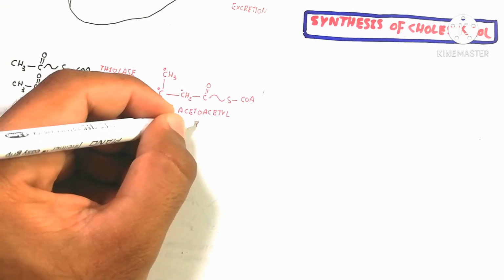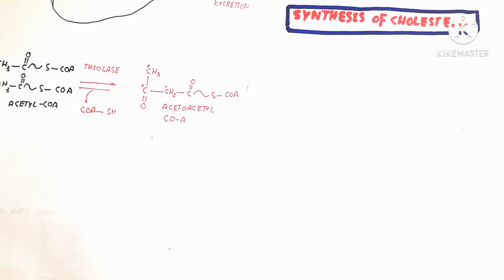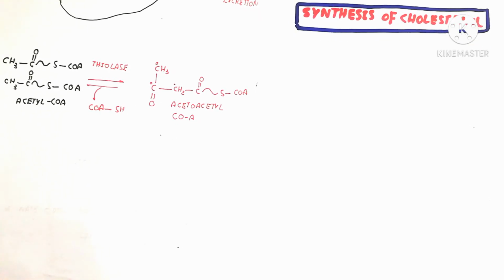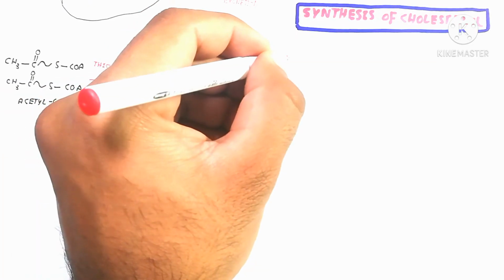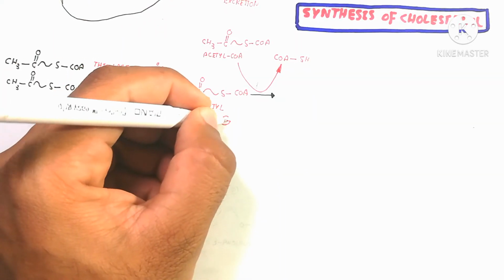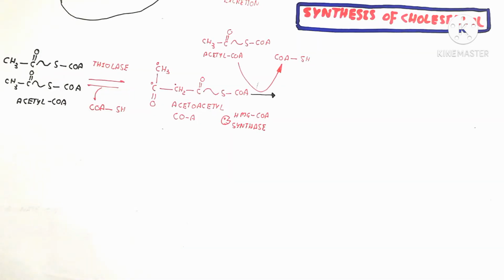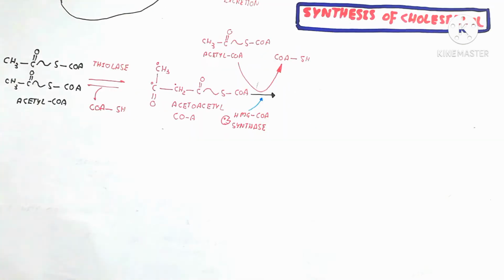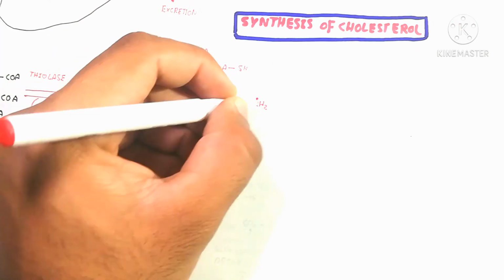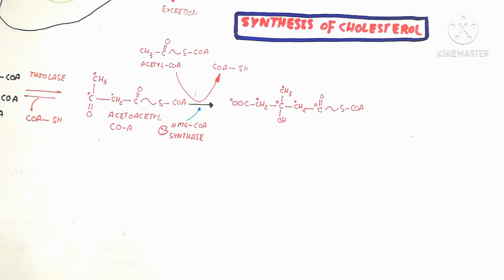Here we will discuss the complete information to understand the chemical reaction. So here is the 2 acetyl-CoA, which is used by the thiolase enzyme, and additionally CoA will be released and separated, and one CoA will be formed, and that's acetyl-CoA will be formed, and this acetyl-CoA will be attached by the acetyl-CoA, which will release their two carbon